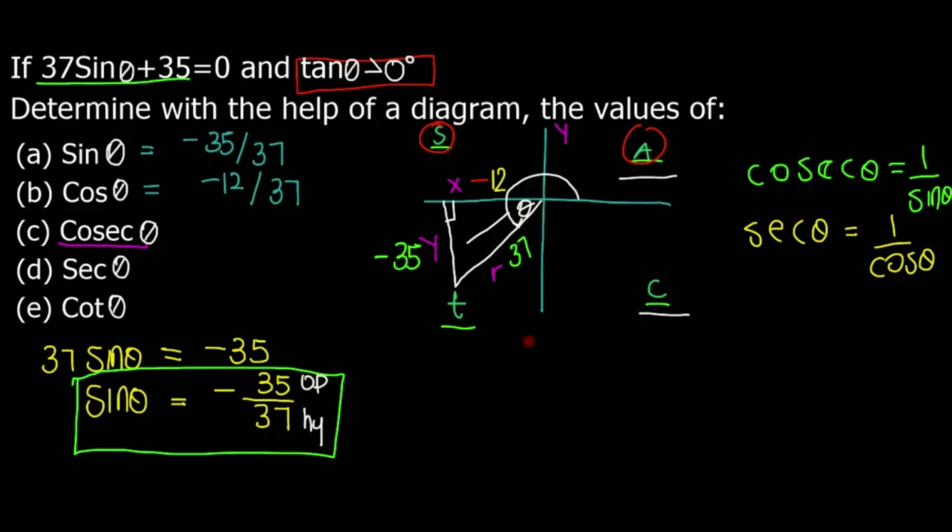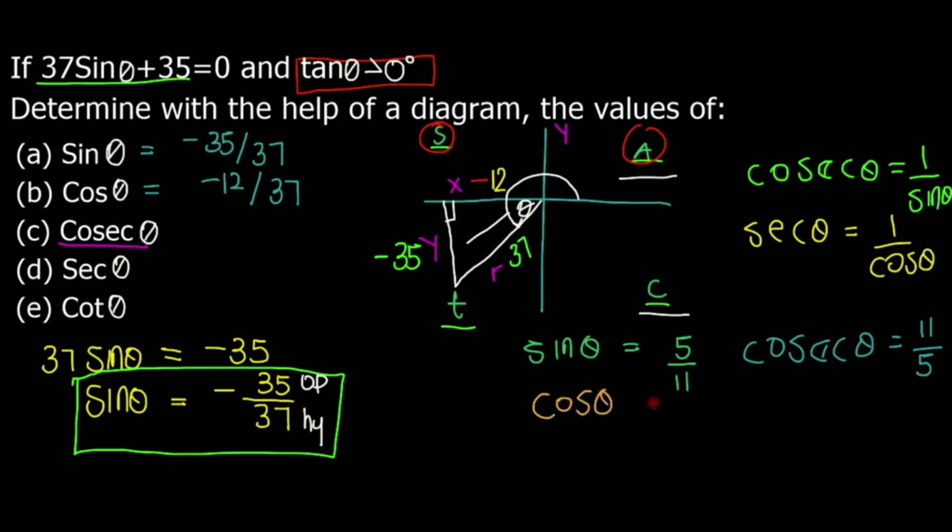Let's say if the value of sin theta is 5 over 11, then cosec theta is 11 over 5. We just flip the numerator and denominator. And then if cos theta is equals to 7 over 3,